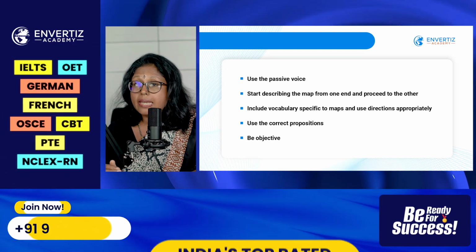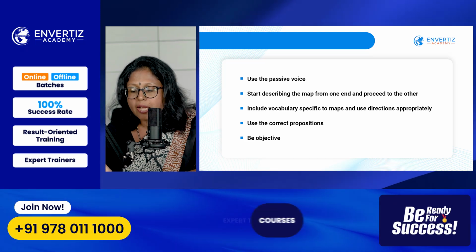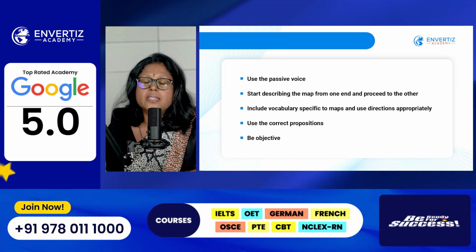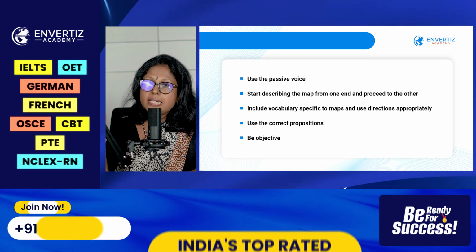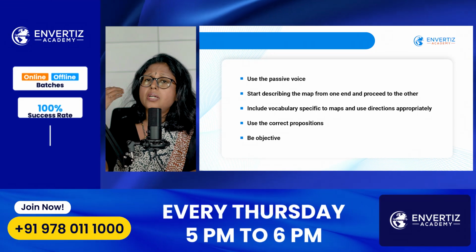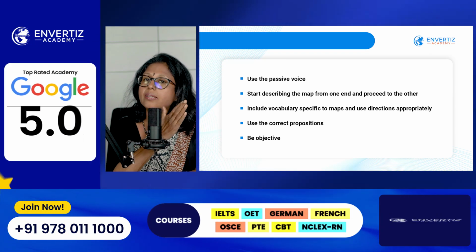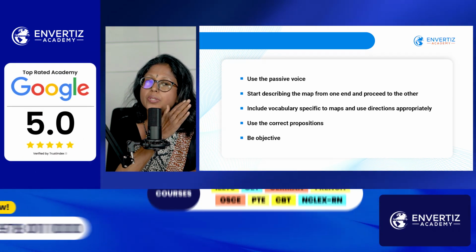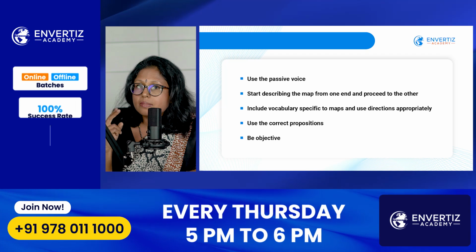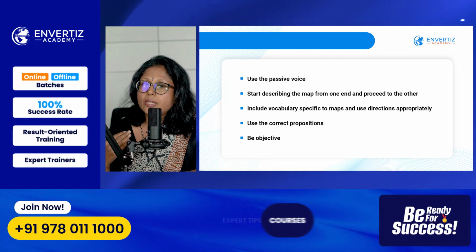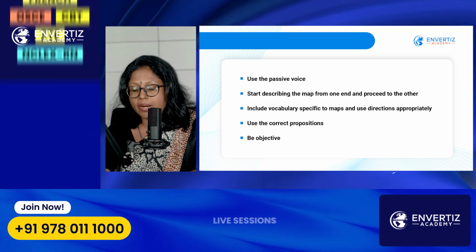The next point that I would like to tell you is start describing your map from one end and proceed to the other, which means that supposing you start from the east end, go slowly from the east end, cover the east portion, that is both the northeast and the southeast, come to the center, and then proceed to the other end, whether you're going to the west side or northwest, southwest, complete it. Two good things about this: one is that you don't miss out any of the features. Secondly, you don't repeat anything. So this is how you write it.